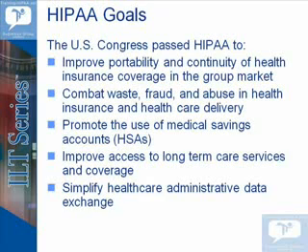Another purpose was to combat fraud, waste, and abuse in healthcare or health insurance and healthcare delivery. This is an area where there is a significant amount of expense related to healthcare, and the idea was to prevent, where possible, fraud and abuse in the areas of Medicare, Medicaid, and other activities in the health information industry that resulted in, and continue to result in, increased costs to purchasers of health insurance and also